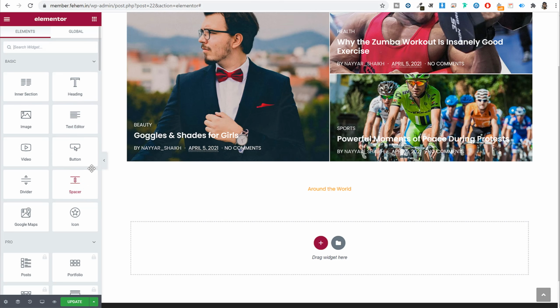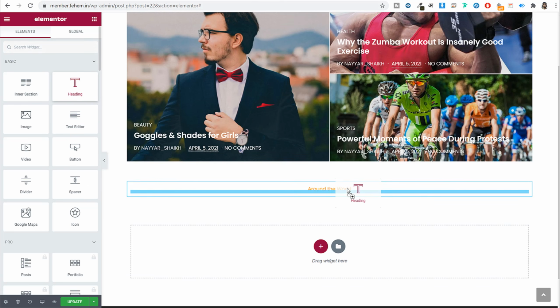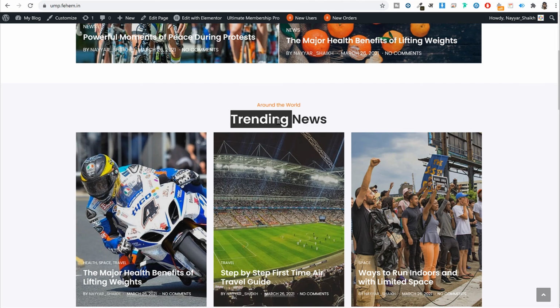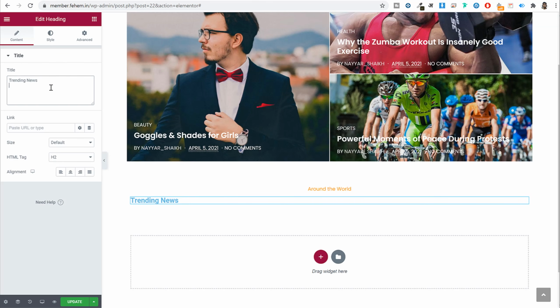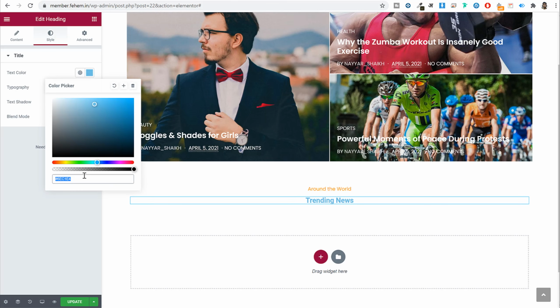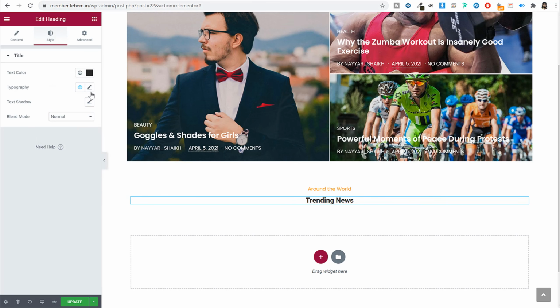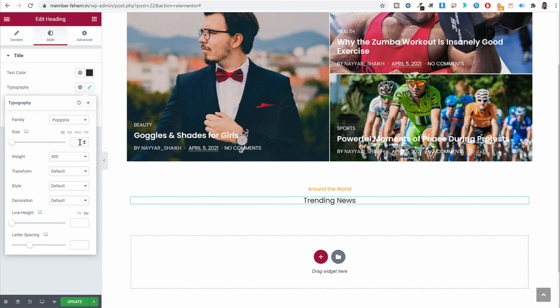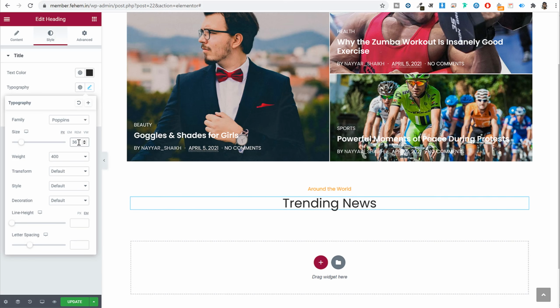Again come back, and now this time let's use this heading, just below this to add this title. Copy the title, paste it over here, bring it at center, go to style, change the color to maybe, let's see, we can make it 2B, this black color. And if you want to again make it Poppins, under typography, click on this globe icon and select Poppins. Now as you can see, it automatically changed. You can do some changes as well if you want. Maybe let's change the size to 36 and font weight 600. So we'll make it a little bit bolder.